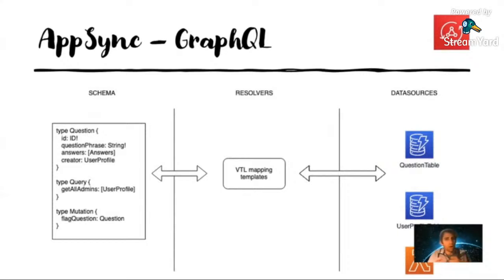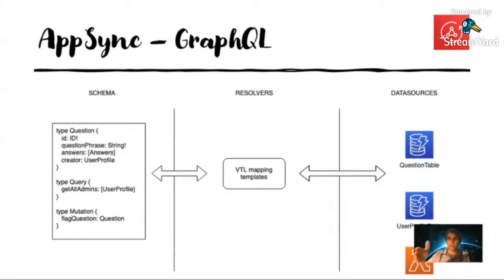Now we actually want to do something, so someone needs to do the work for us. If we are asking the API to do something or to give us some information, someone needs to know where to get that information. I have gotten a query, and now I want to resolve it, I want to give an answer to the question. So here in AppSync, these are the mapping templates, which point us towards the right data source to get our data or to make our updates.